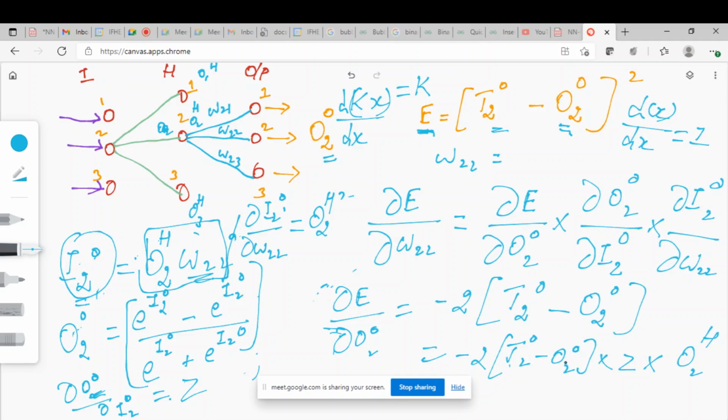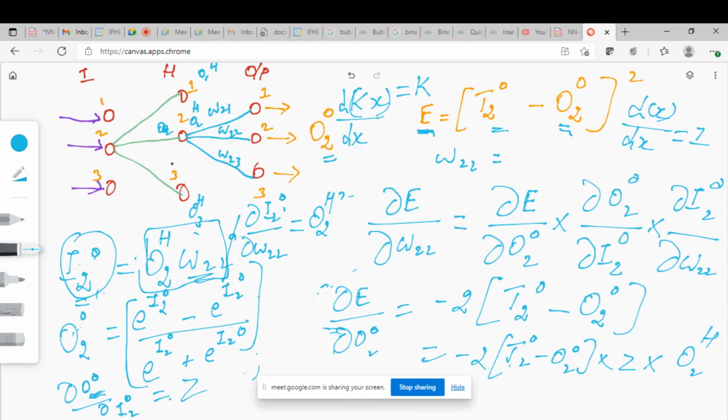So this is not the whole story. This is for one weight, W22. How many weights are here? For every neuron there are 3 weights, and in the output layer there are 3 neurons, so there will be 9 weights in total. Basically it is a matrix of 3 by 3, and all those 9 weights you have to update. This is in the backtrack mode I am telling. This is only for this level, and similarly these weights should also be updated.